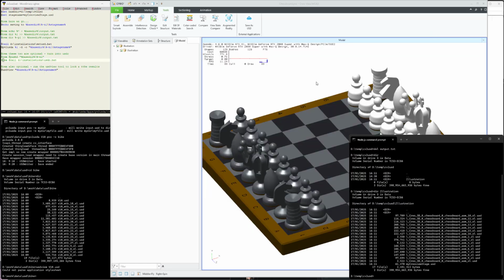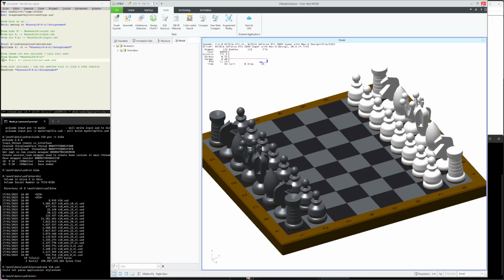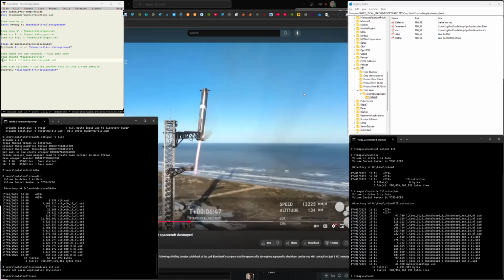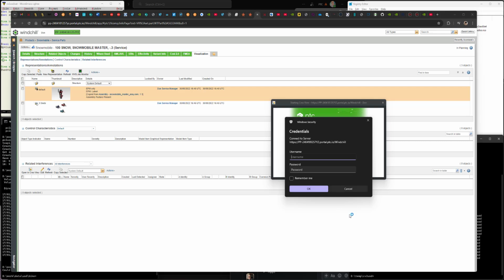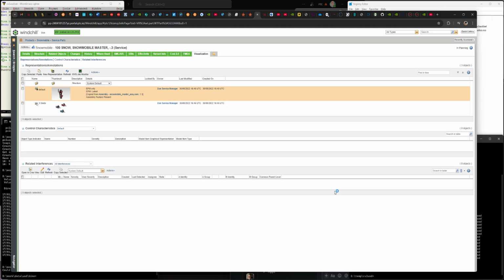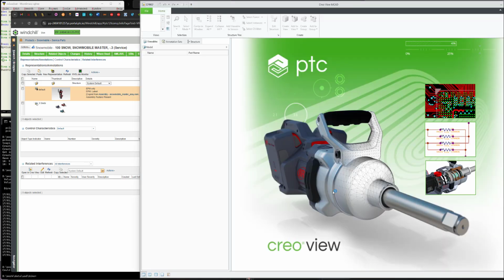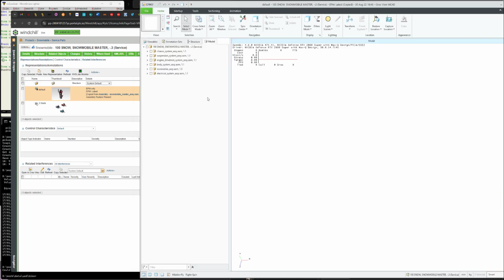Well, if we can get that information into Creoview, that now means that we can basically load any information into Creoview. So what would it be like, for example, if we had a Windchill system and we could open up a representation in Creoview? And once, of course, we have loaded that representation from Windchill,